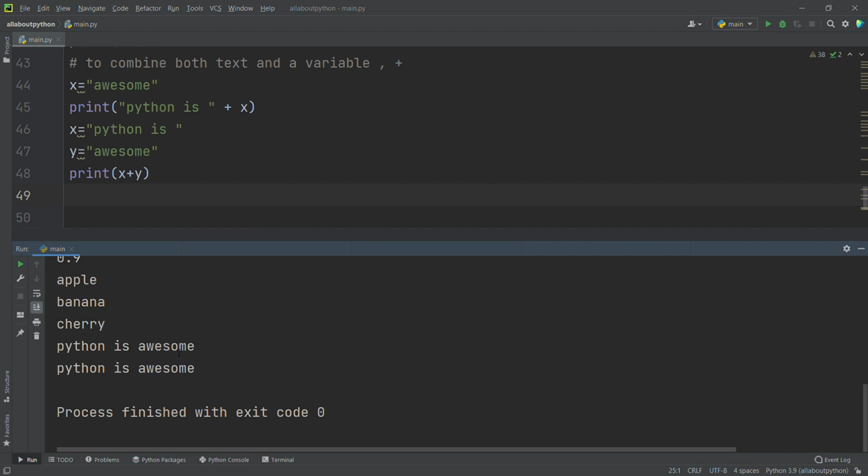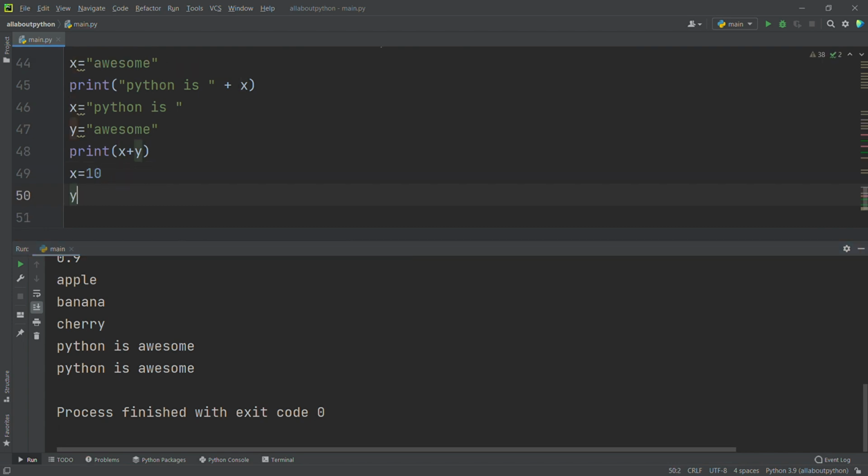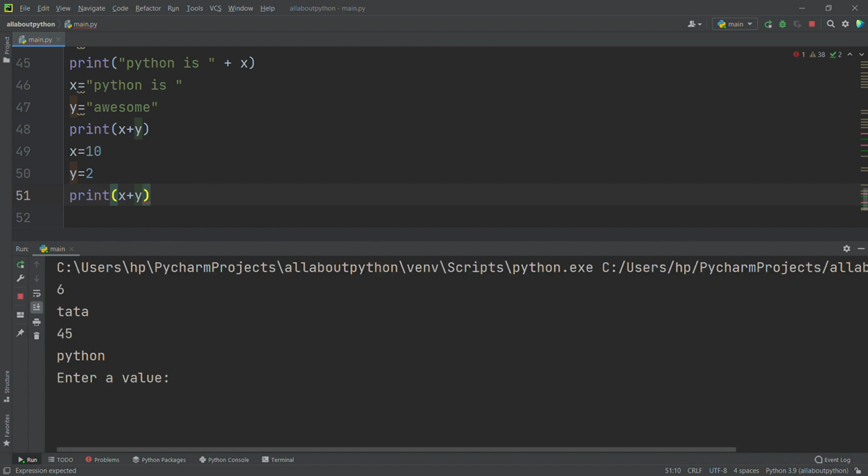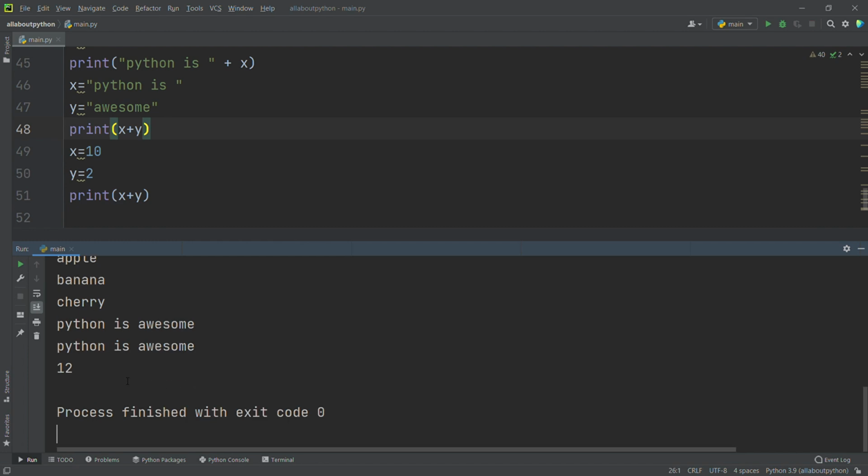Now we will see how it works with numericals in Python. You may be confused, so we will see within a minute. Without wasting any time, x is 10 and y equal to 2, so it's going to be 12, right? I print x plus y and run this. Here it's printing 12.